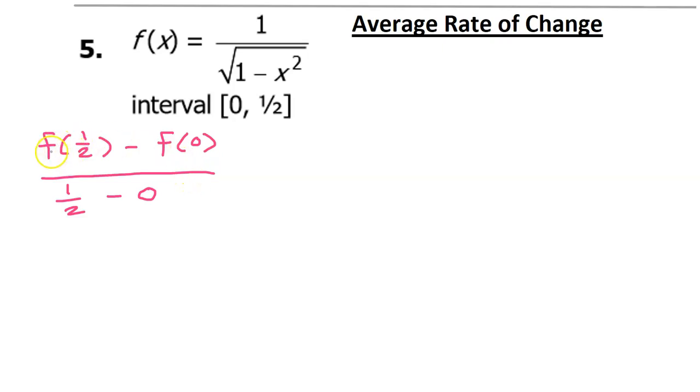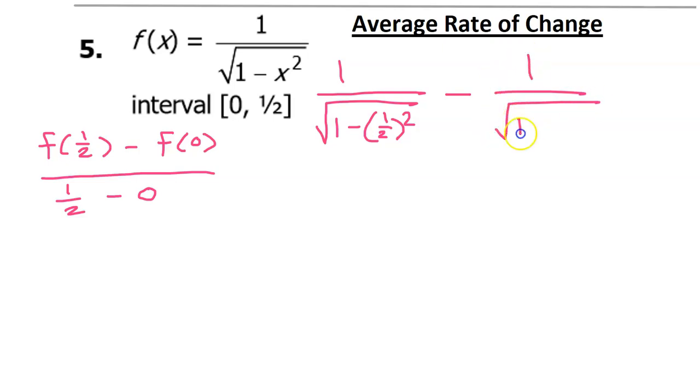Next, I need to do f at 1/2. So I'm going to write this whole thing, but I'm going to plug in 1/2 for x. So I'm going to end up with 1 over the square root of 1 minus 1/2 squared. So this whole expression is f at 1/2. And then I have minus f at 0. So that's going to be 1 over the square root of 1 minus 0 squared. And then this is all over